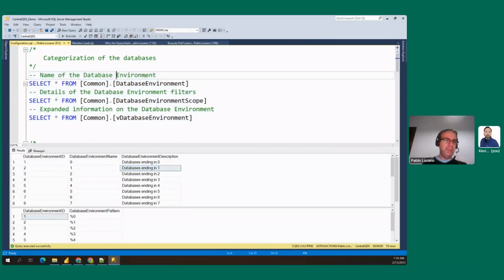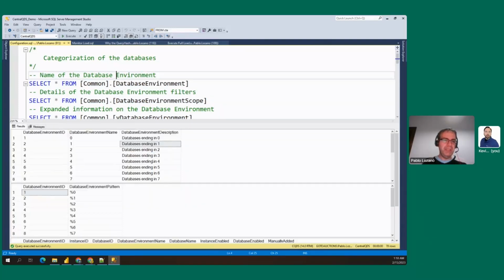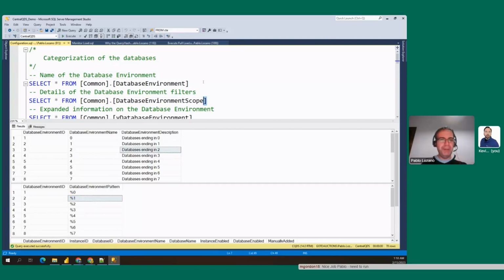Let's say you have an environment. Those are just dummy tests. So the database is ending with 0, 1, or 2, or the environment could be just how they are ending. Sorry, no, let me explain that. This will be just the description of the database environment. These are the filters. So you can decide that one particular database environment can be the fourth character, maybe a